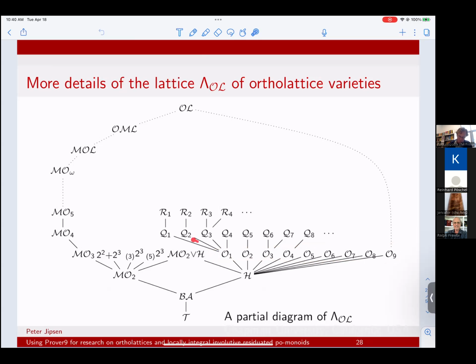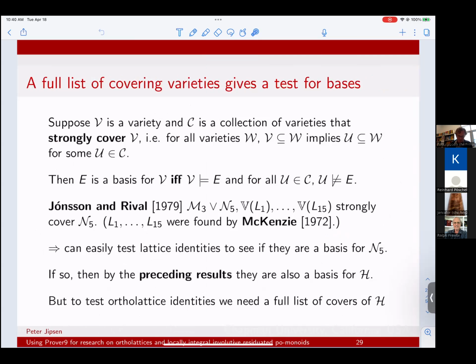But there are other covers that go higher, and one can even say something about the covers of that join, but proving that there aren't any more, and here there are definitely more, that's generally tricky. Here's a summary of the results in the Janssen rival paper that showed that the list of Mackenzie's 15 covers was in fact complete, and that